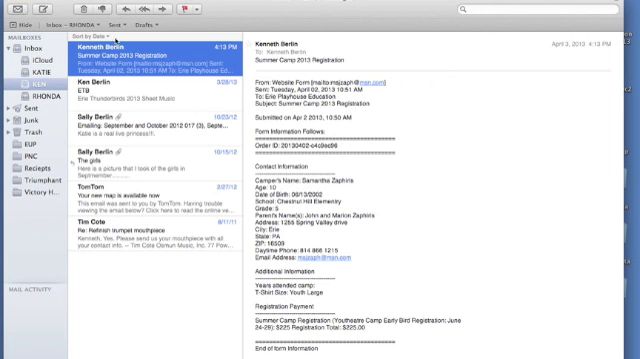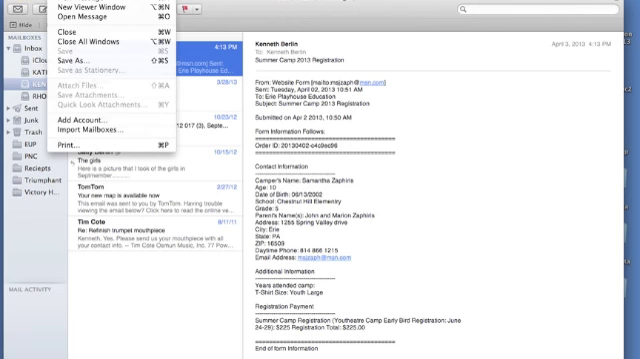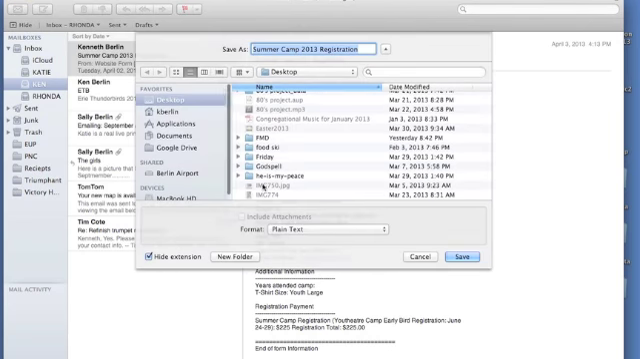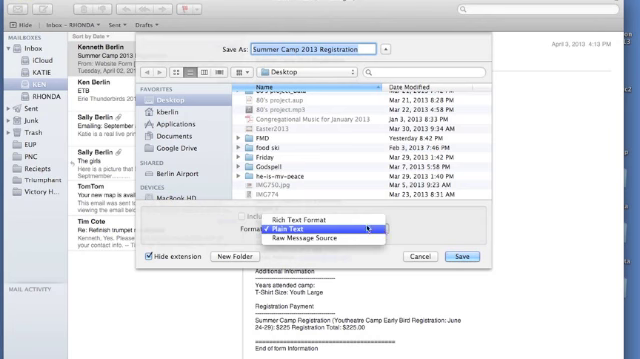The first thing we want to do, again, select the email. And it doesn't matter, this is an Apple Mail program, but if you have Outlook or some other email program, they usually all have some type of export or file save as. So the first thing I would like to do is save this particular email as plain text. And if you see here, there are some other options, but plain text is going to be the easiest